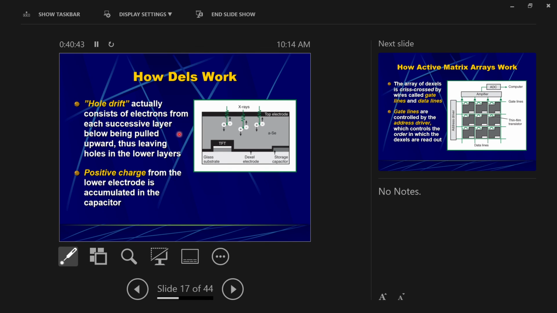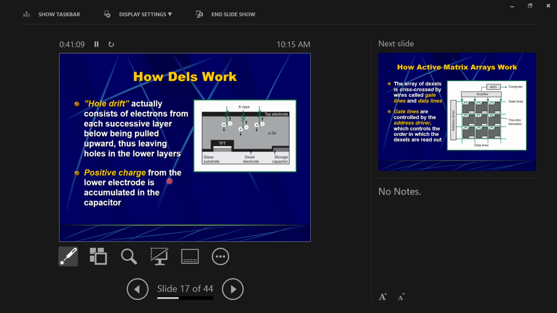The freed electrons will move, the charged atoms will move. The positive charge from the lower electrode is accumulated in the capacitor. So the lower electrode has a negative charge running to it, but all of those positively charged atoms are moving downward and develop a positive charge. That positive charge is again stored in the capacitor,